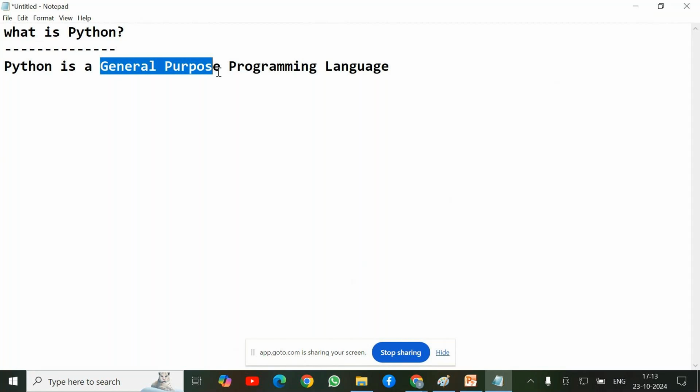That is the reason we call Python a general purpose programming language.